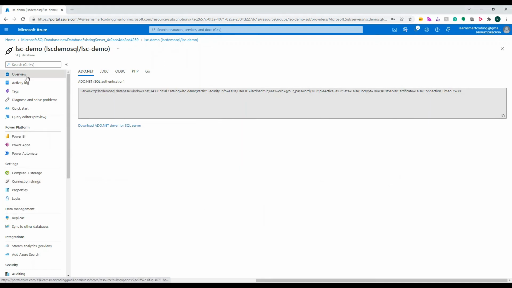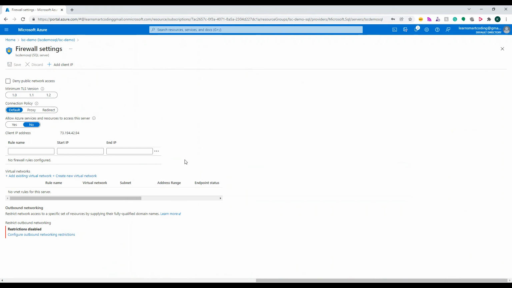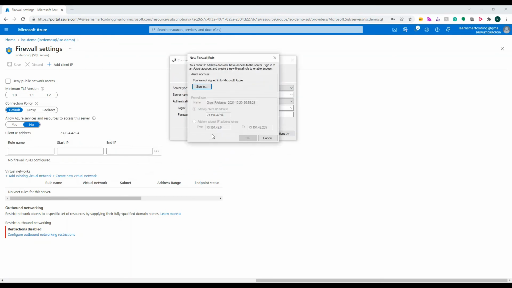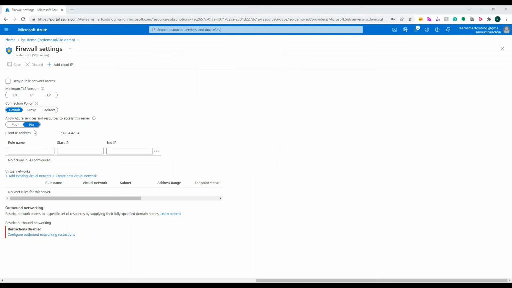So if you come to overview of the database, on this overview, if you click on set server firewall, you will be brought up to a page where it will display your client IP. If you remember, this is the IP that even this one showed. I'll connect and see. You see this 73.194.42.94. It shows this is my IP, and this is considered as a client IP. Okay, so what I'm going to do is, I will have to click on add client IP, and it is going to add some default name and going to add this IP. If I save this,